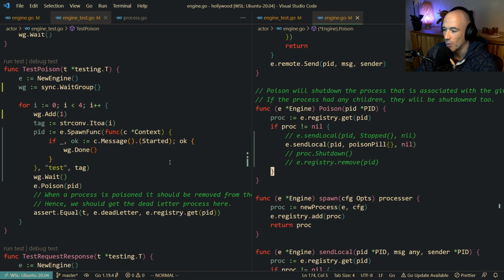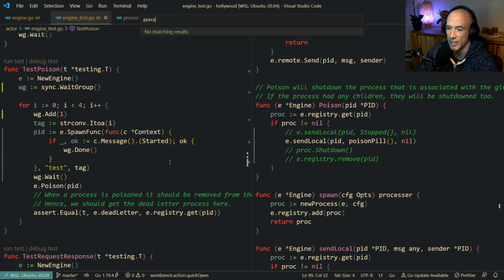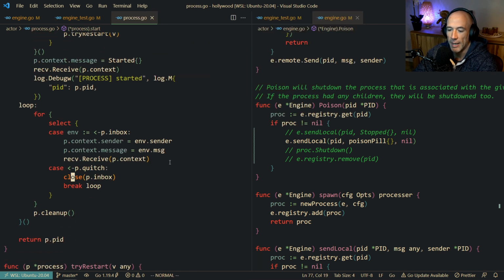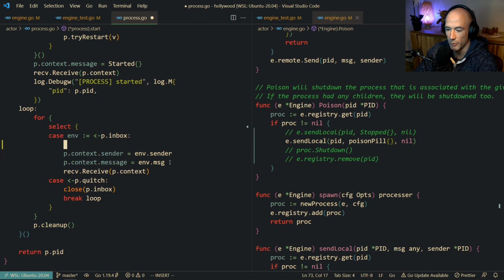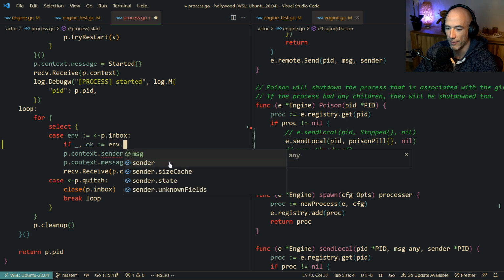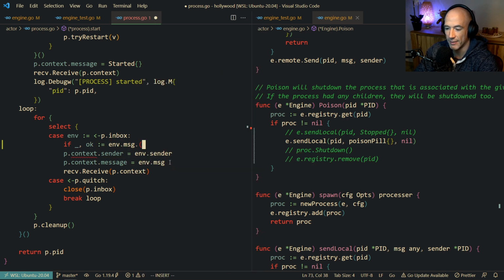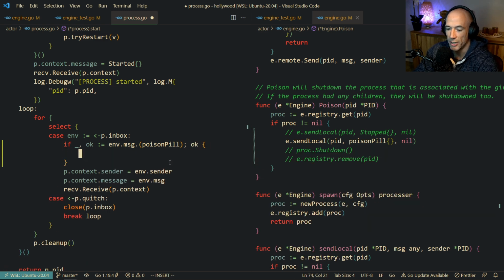So what we're going to do is we go into our process here. And instead of here where we see this message, what we're going to do is say if underscore, okay. We could do a switch, but that's not good. We're going to say env message, if that's, so annoying this VS Code, if that's a poison pill. Actually, to be honest, we can do it like that. Okay. What we're going to do here is,